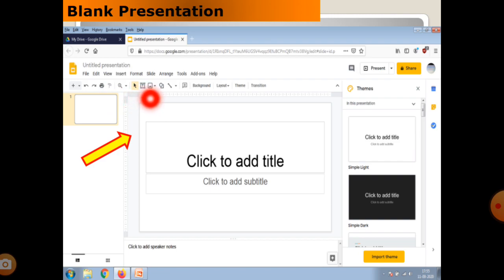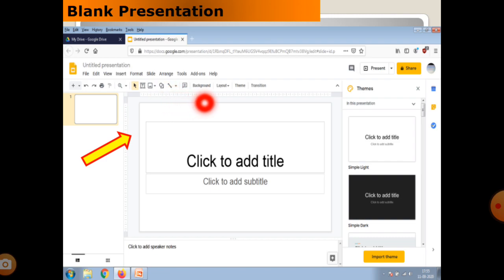If you have to insert text, you click on the text box. This is the image option, for the logo image and your signature. If you want to insert the logo or signature in this certificate, click this image option. You get upload from your computer, photos, drive, link, whatever it may be. This is for shapes, and this is for lines, different lines, curves, scribbles, and so many types of lines are also displayed.